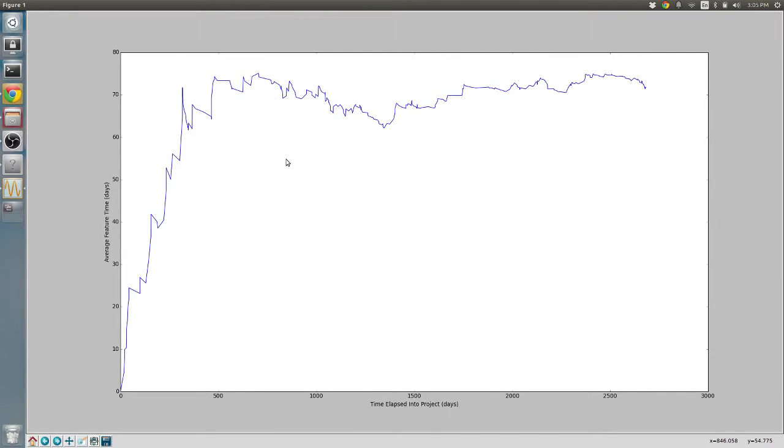All right, so here is our data. What does it mean? On the x-axis, we have time elapsed into project in days. Overall, we can see since the beginning of this project, which is marked with 0, to the end of this project, which is about 2,685 days, that's where we have our data. On the y-axis, we have average feature time in days. That just means